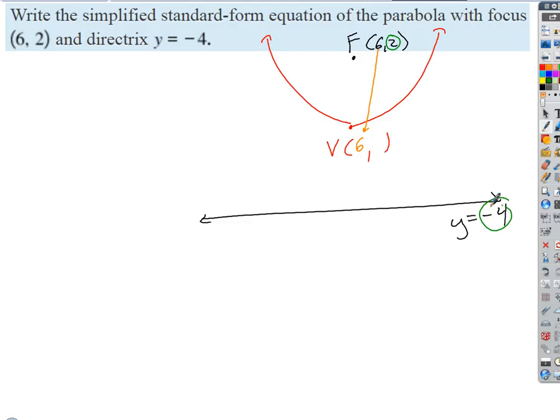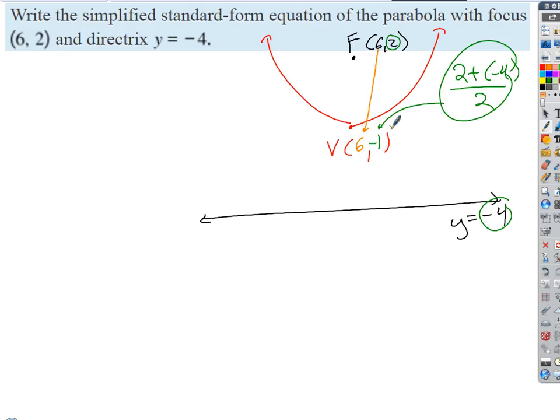So if we add these numbers, 2 plus negative 4 divided by 2 is what? What's 2 plus negative 4? Negative 2 divided by 2? Negative 1. Okay, so there's,